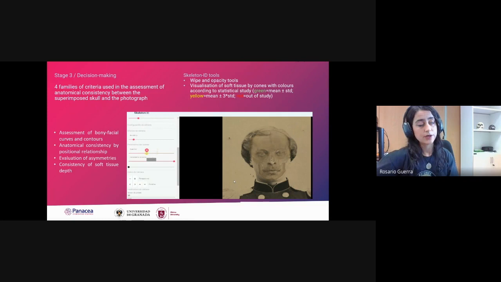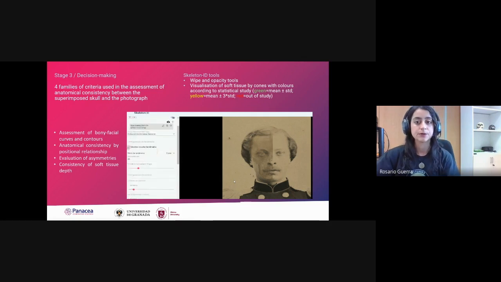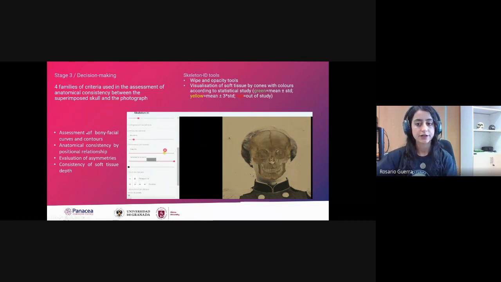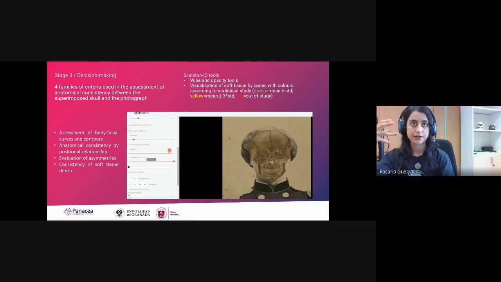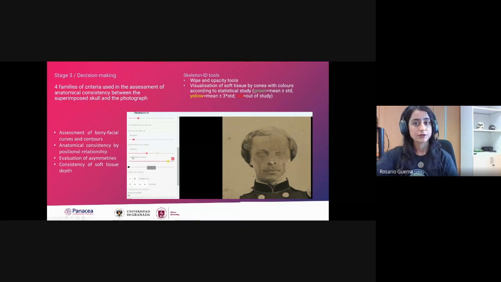And in order to analyze the anatomical consistency between the skulls and photographs, we followed also MEPROCS guidelines. So we evaluate these 4 families of criteria. So bony facial curves and contours, and how they match both in the face and the skull. The anatomical consistency by positional relationship of the structures. This is, for example, that the eyeball is placed in the center of the eye orbit. We also evaluated asymmetries in both the photographs and the skulls, and using this tool that you're now seeing,